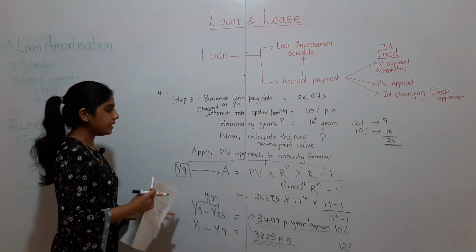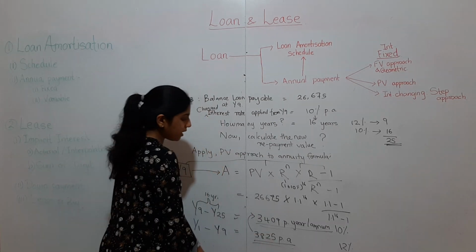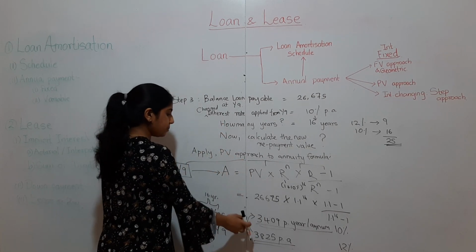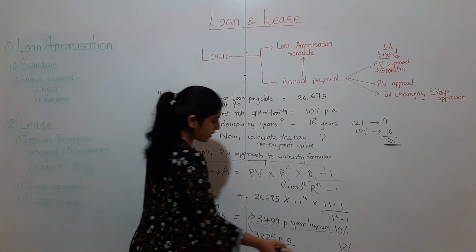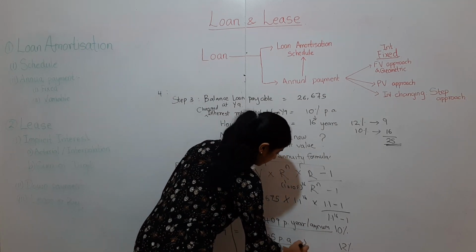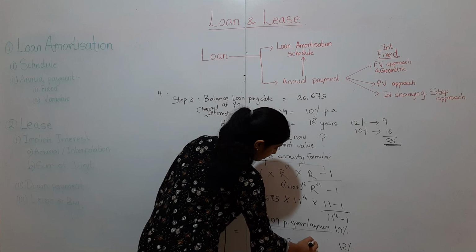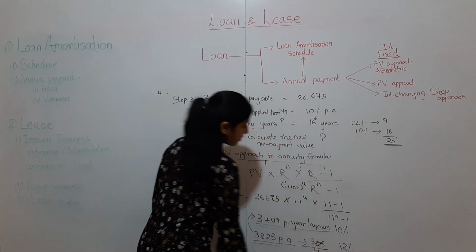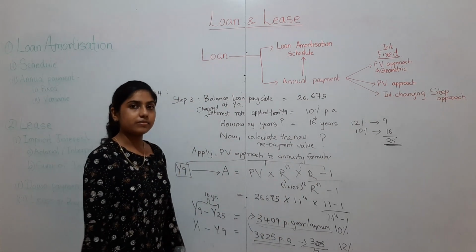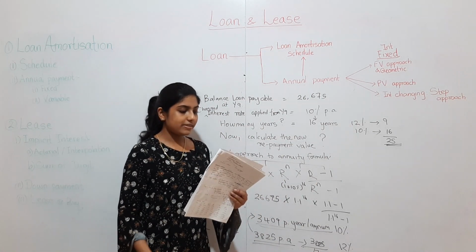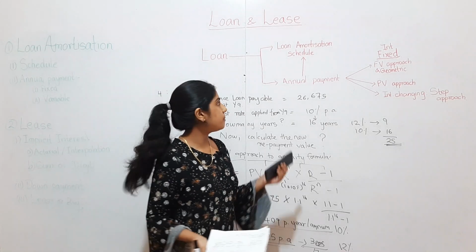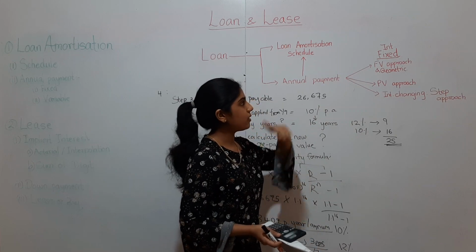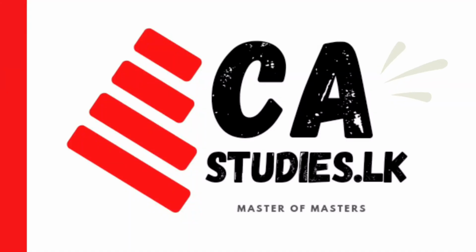So this is for a year, right? Now if they ask in the exam what is the amount per month, then as you must be familiar, just divide this by 12 months. Okay, so with that we finish how to calculate annual payments using various approaches.